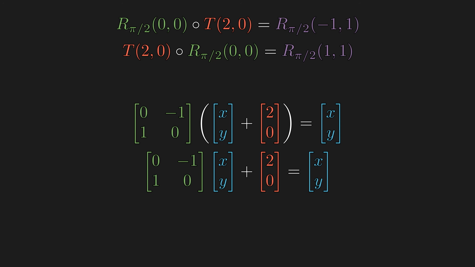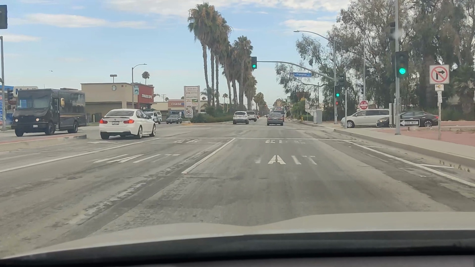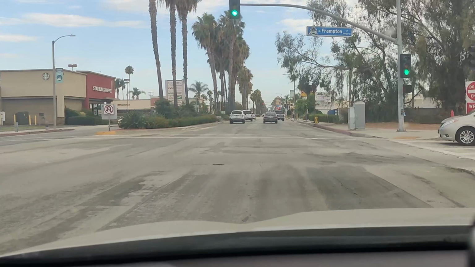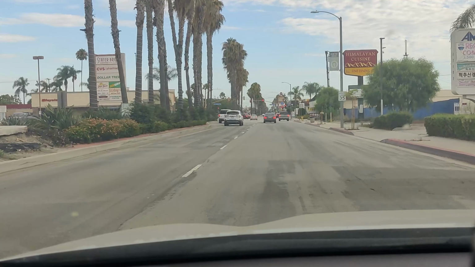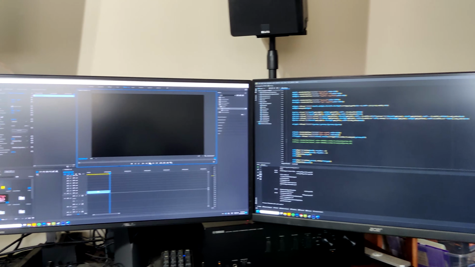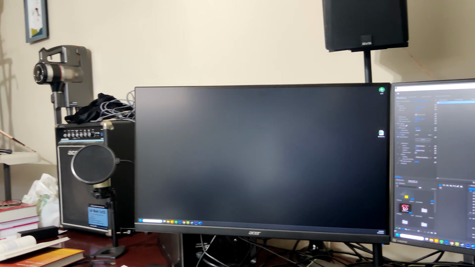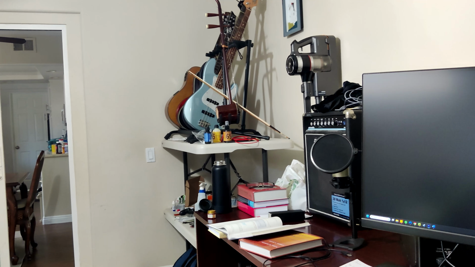We just knocked out the less interesting part, and now we want to find a way to describe rotation about any point. In order to do that, we first have to get familiar with how coordinate transformations work. Suppose I am moving forward. Then, with respect to my frame of reference, which is my coordinate system that follows me, stationary objects like trees and street signs are moving backwards. And if I am rotating my body counterclockwise, it is equivalent to everything else rotating clockwise relative to my frame of reference. That's the intuition we want to have for coordinate transformations.